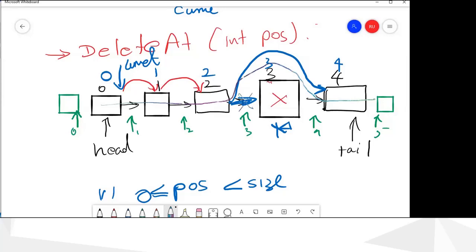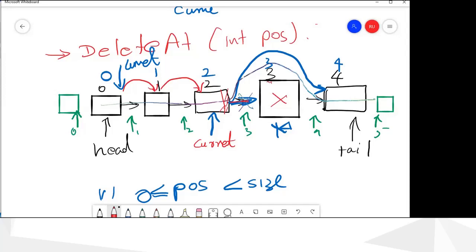That means this node is excluded from the list. Okay, so how do you do this now? To do this, we have to stop our current pointer one node before, because we have to change this link, and this link belongs to this node. So to access that one, we have to stop here.